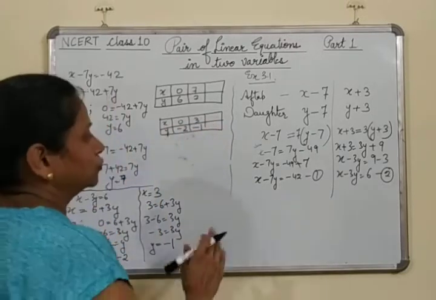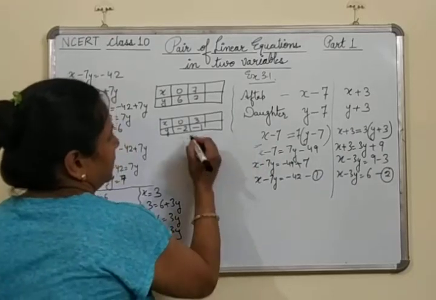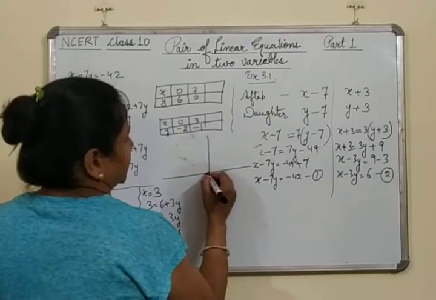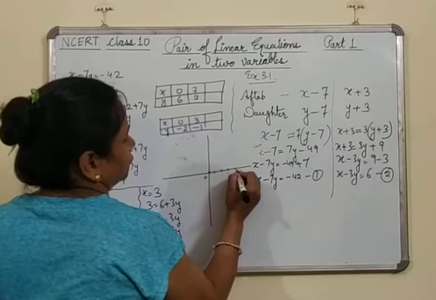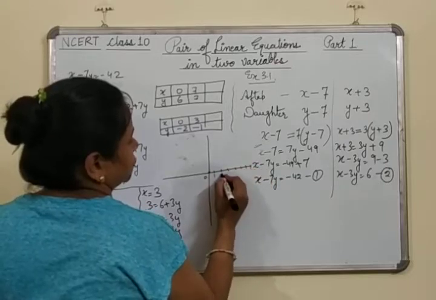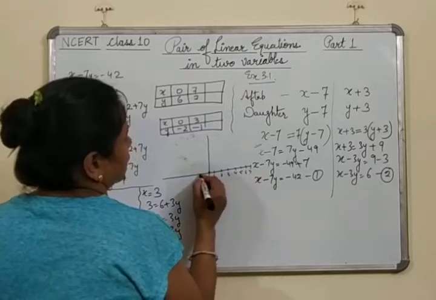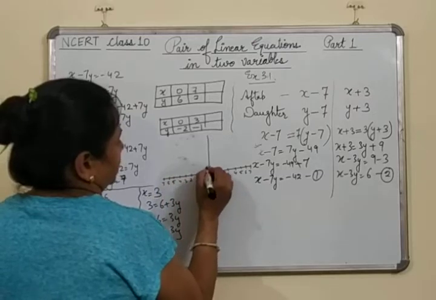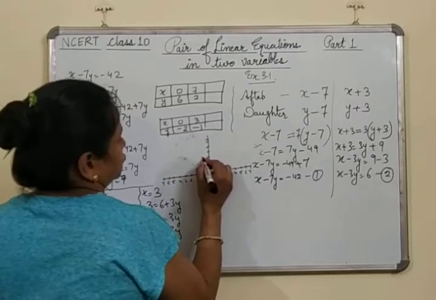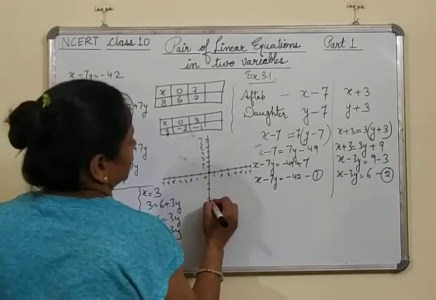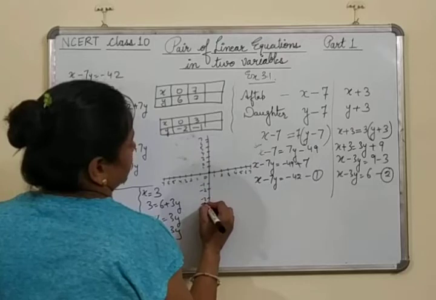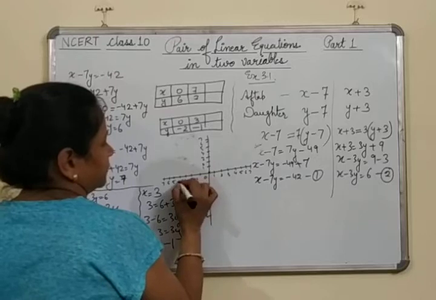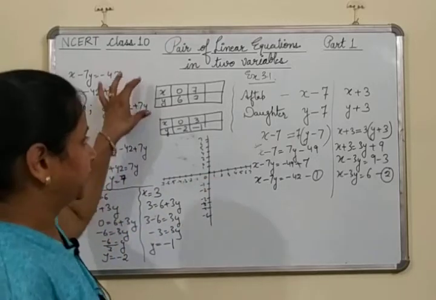Okay? Now how to draw the graph for this? We will make the graph of one first, then the other, on the same graph, like this. Let it be 0, 1, 2, 3, 4, 5, 6, 7. Then 1, 2, 3, 4, 5, 6, 7, and similarly here we have 1, 2, 3, 4, 5, 6, 7. You will be making it on a graph paper. Minus 1, minus 2, minus 3, minus 4, minus 5, minus 6. Here is the positive side of x and here the negative side of x. Okay?